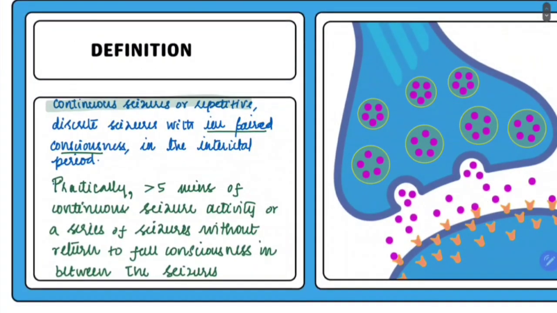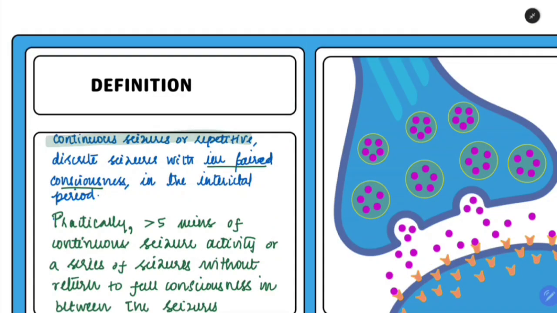So what is the definition of status epilepticus, which is very important because it has been changing from time to time. So this is the current definition, which says that continuous seizures or repetitive discrete seizures with impaired consciousness in the interictal period. So this is very important to know. This is the easy definition, but if there is a seizure and there is a period in between another seizure, so this is the first episode and this is the second episode and this is the third episode, and between the first and second seizure we have a period called the post-ictal period,